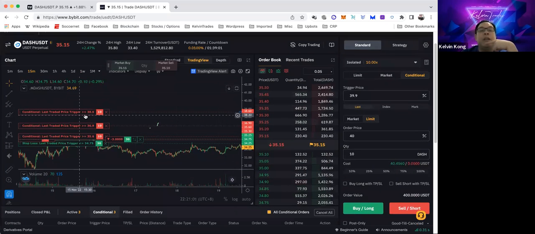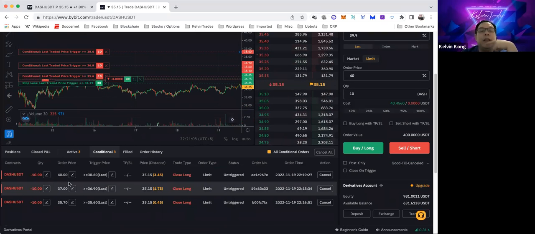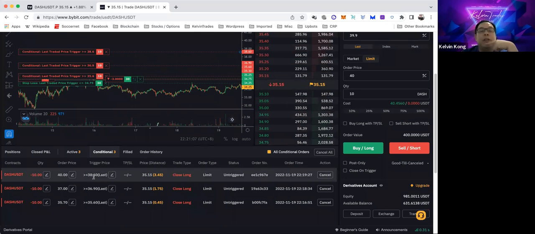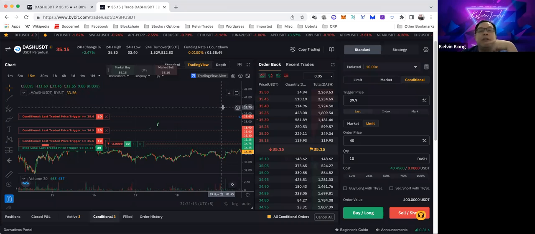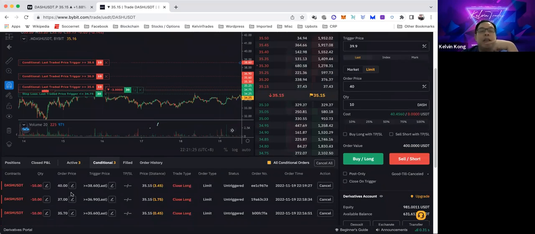Your trigger price moved, but your order price still remains at $40. So if you want to move it closer to your trigger price of 38.6, let's say 38.7, you have to come back here and key in